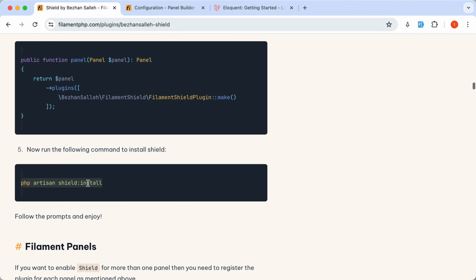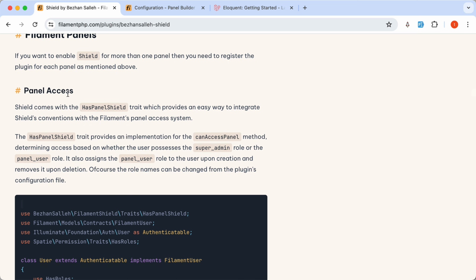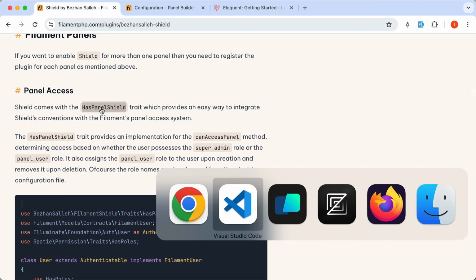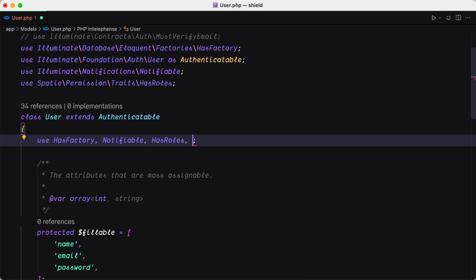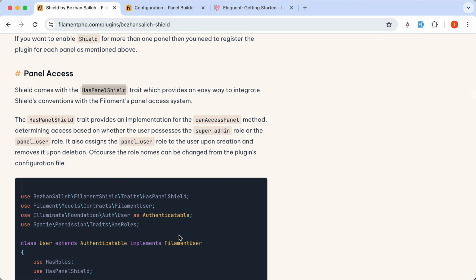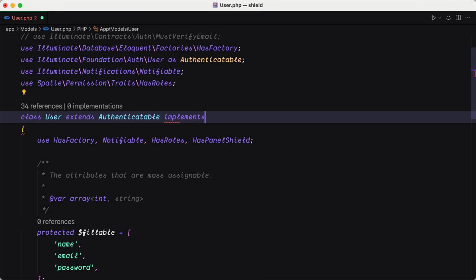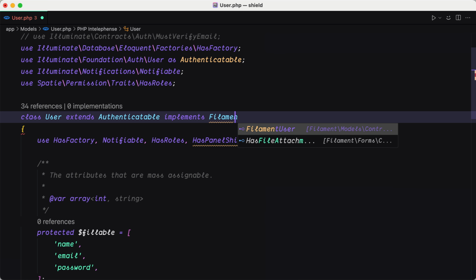Oh, before that, we have here, if you want to enable Shield for more than one panel, then you need to register the plugin for each panel. Okay, then we have the panel access. Shield comes with the HasPanelShield trait, and we need to copy that and add it also on the user, and we need to say implements FilamentUser. Okay, so implements FilamentUser,